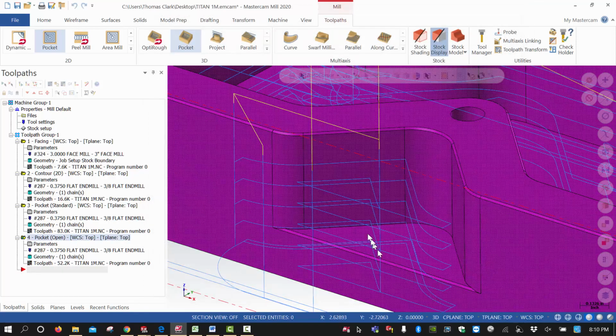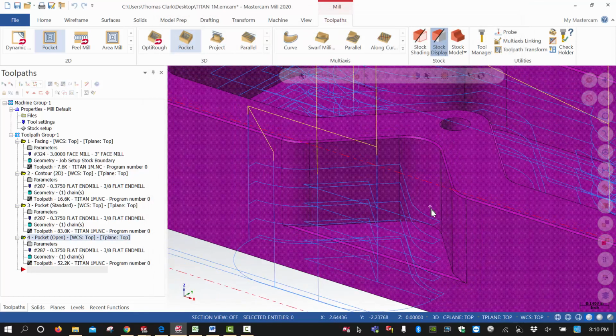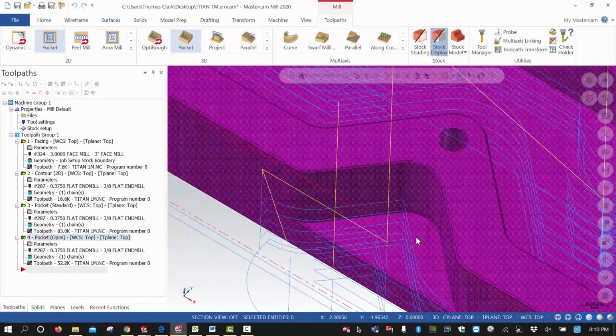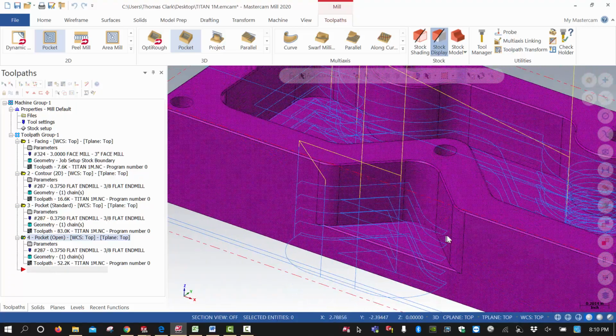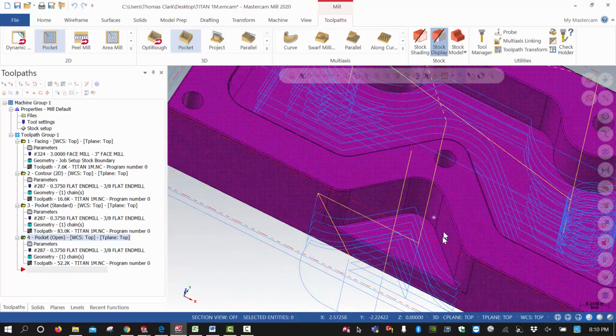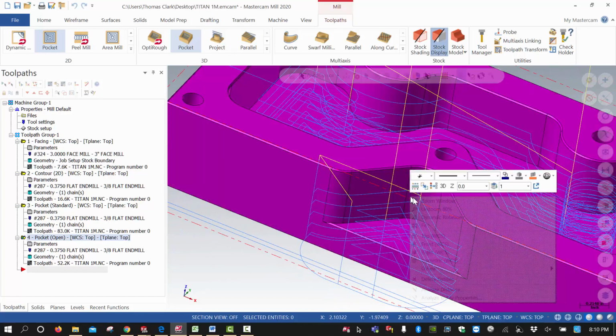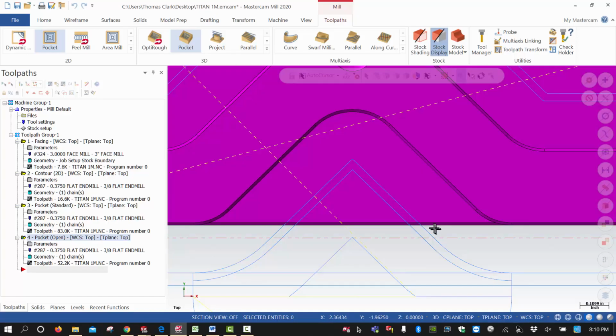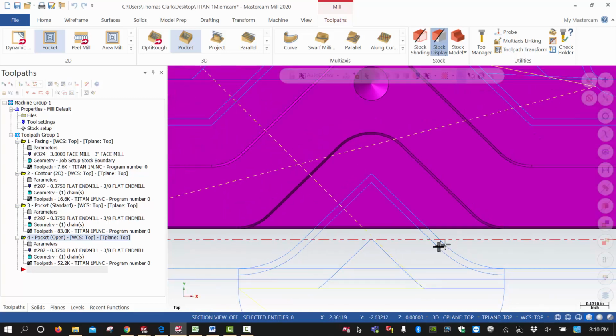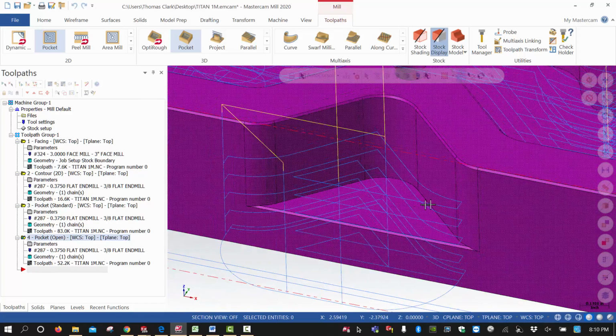So here's kind of the geometry we're seeing, and this looks really nice because it looks like it's following the curve as it exits here. We'll look at this in a top plane, and we should be able to see the finish pass, and there's the finish pass. And what we really want to know is that we're exiting and entering and leaving a nice smooth edge there from our other machining that we did when we contoured the part. So we're going to watch this video,